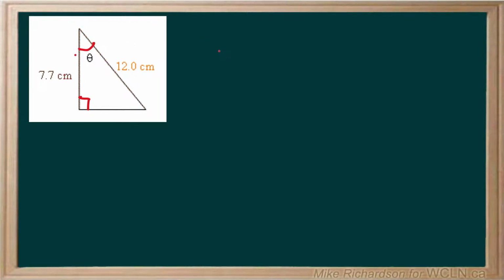So the trig function that groups together adjacent and hypotenuse is cos. So cos of theta equals adjacent over hypotenuse. Now we want to get the theta by itself, so we have to do the inverse cos of